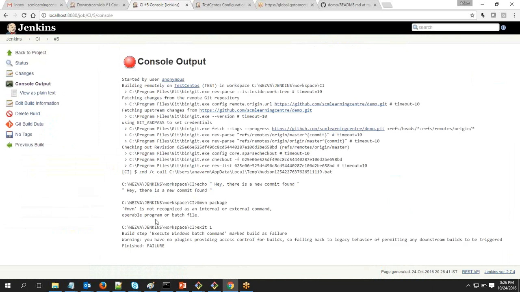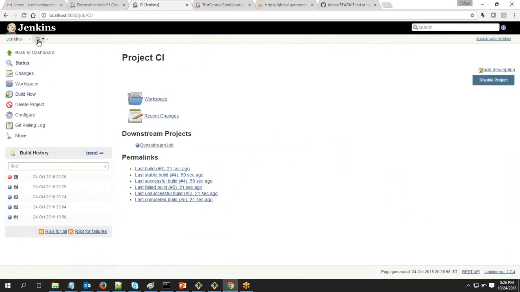Okay, so now if you see, it basically failed. It's saying that it was not able to run the command, some junk error. So let's not worry about it, but it says that the build failed, correct? So corresponding to it, if you look,